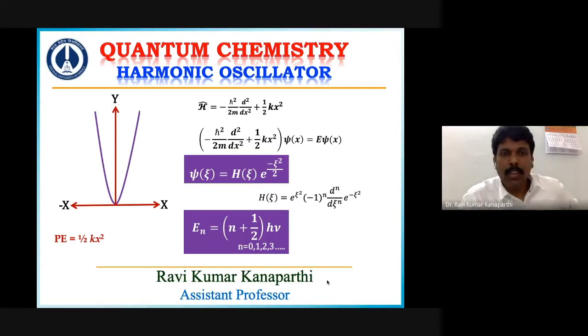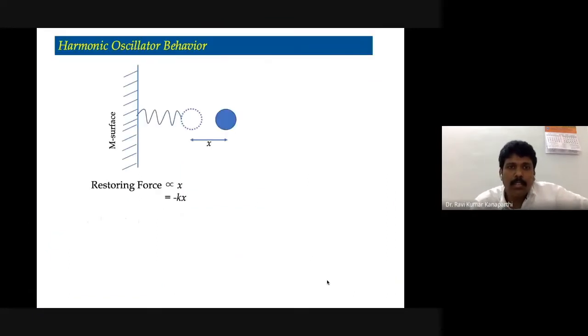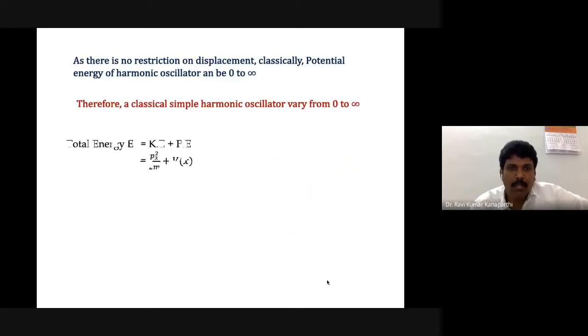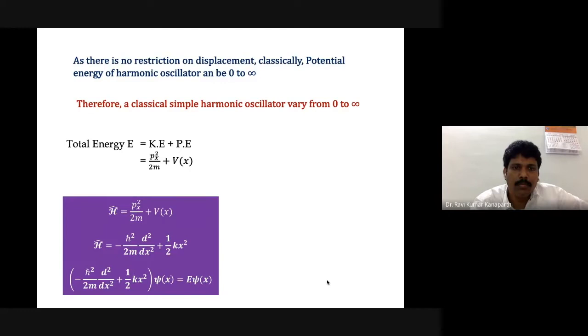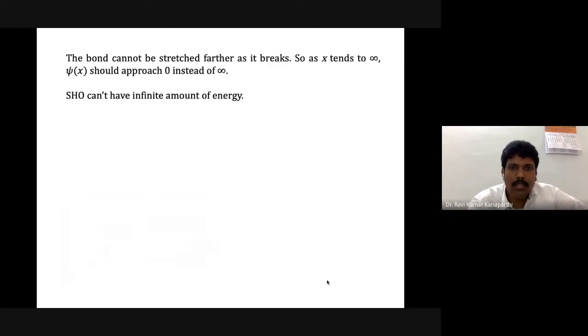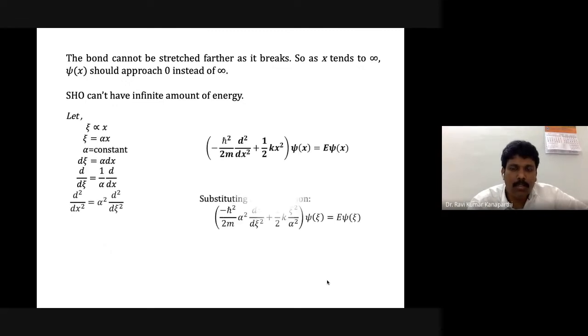Good morning, students. We'll continue our discussion on the simple harmonic oscillator, and we are in the process of solving the Schrodinger wave equation, which we obtained for the simple harmonic oscillator in the previous class. Today, we will try to accomplish most of the discussion with regard to the harmonic oscillator. I think, if I'm right, we have obtained the differential equation, and we also discussed the asymptotic solution.